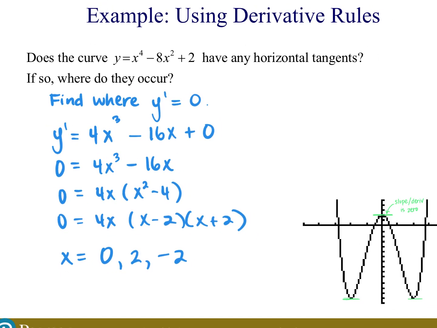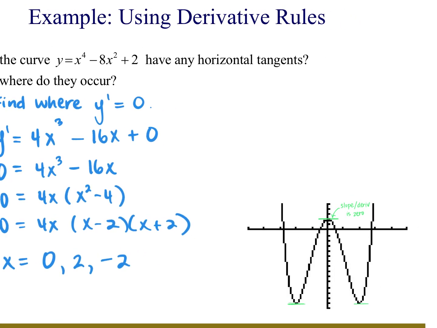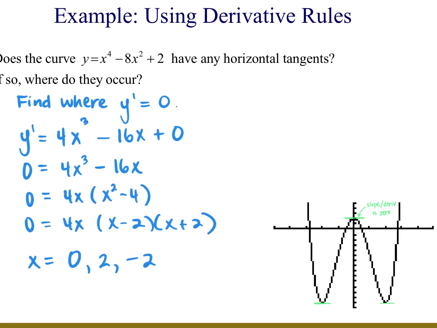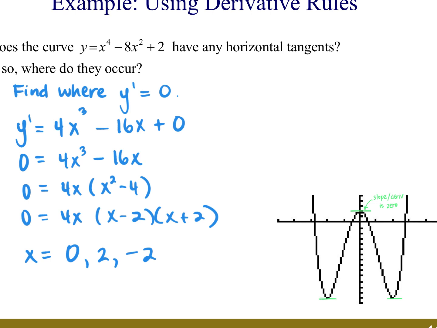These are the 3 places where I have horizontal tangents on my graph. To write those horizontal tangents, I need to make them all into points, and then I would have their slope to be 0. So in order to finish that, I would need to know what the y values are to make them all points. So my points are going to be 0, 2,